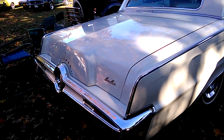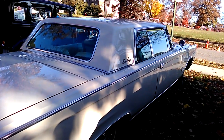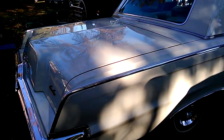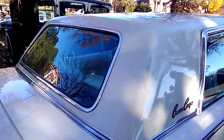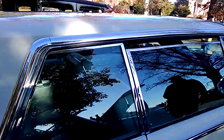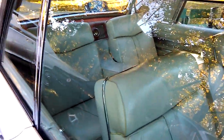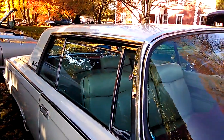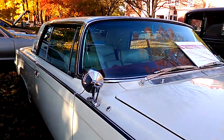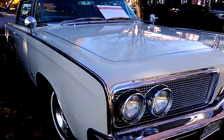But I really would like to know why they didn't sell as well as the Cadillacs and Lincolns, even though they were incredibly attractive cars. There's a lot of theories that they were being sold at the same store as Plymouth and Chrysler, but then again, so were Cadillacs. You know, Cadillac was a premium line that you have to couple with a lower income line like a Pontiac or an Oldsmobile, and GMC truck is to weather the storm during economic hard times. But